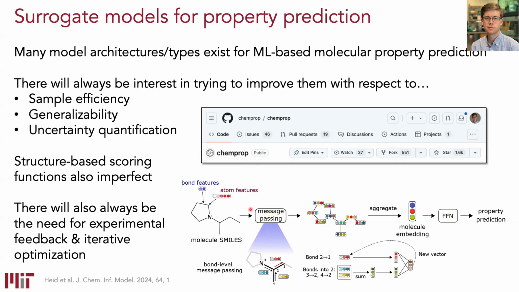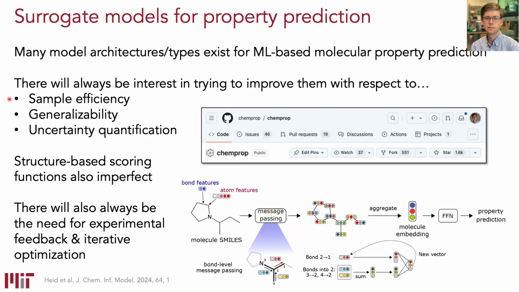So I'm not going to say too much about this class of models because property prediction models, again, they're ubiquitous, right? You can't avoid them when you think about molecular design. I will comment, right, that there's always room for improvement, and we think about some of these, where we obviously would love our models to use less data. We'd like to be able to say, okay, here are 3 structures and maybe their biological activities. How do I generalize to 10 to the 60 candidates? We'd love to be able to generalize from less data. We try to build techniques that quantify their own uncertainty.